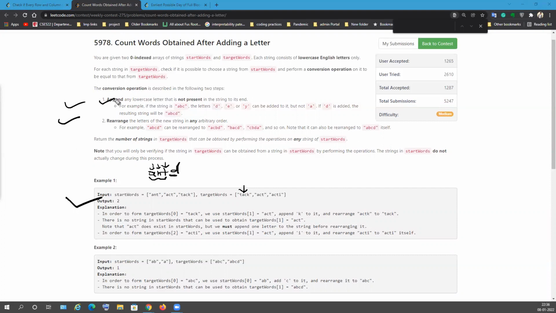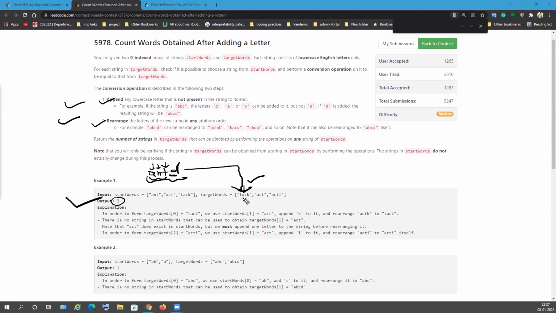This is the first condition. And in the second condition, we can rearrange it in any way. Whatever rearrangement is possible, we can do it. And after that rearrangement, if we are able to make the target word, then this will be counted as one of the solutions. We have to return how many words we can get, right? So this will contribute to our count.